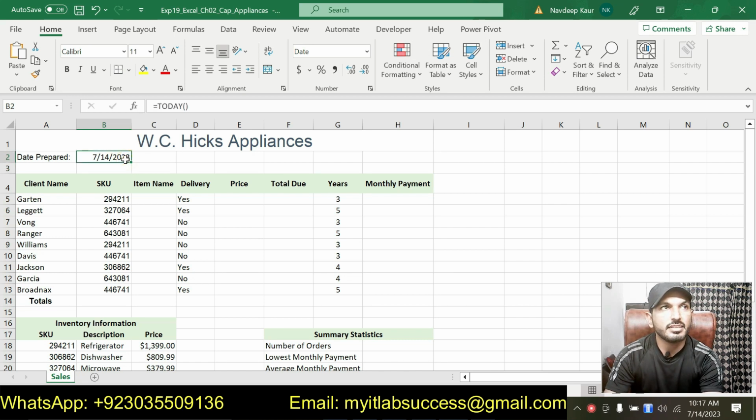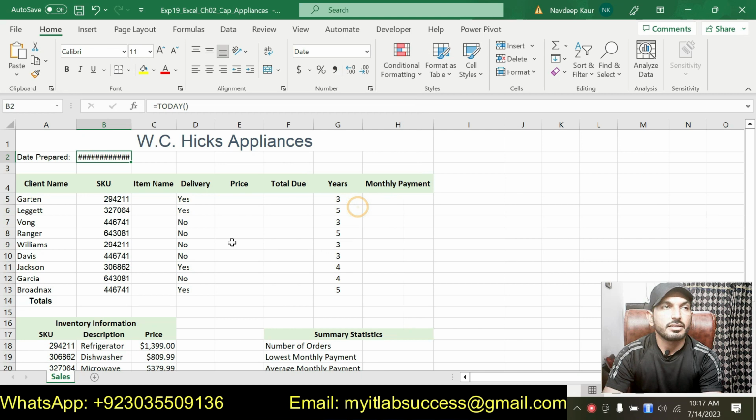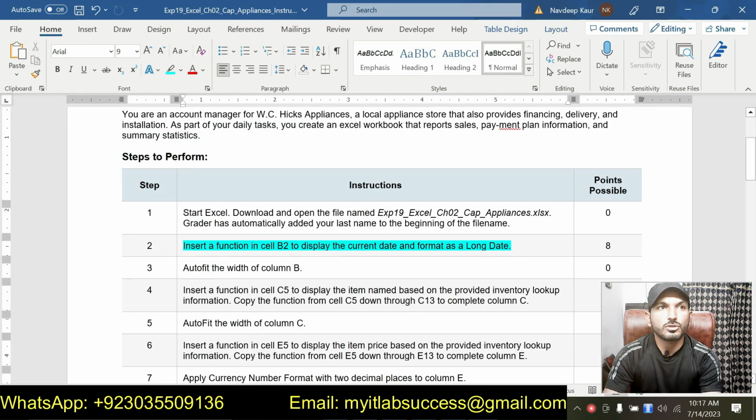So this is our current date, and now we are supposed to format this as the long date. So format this as the long date, and we will auto fit this one. So this is the current date, and we use the TODAY function to show the current date here. So that is all about step number 2. And step number 3 was